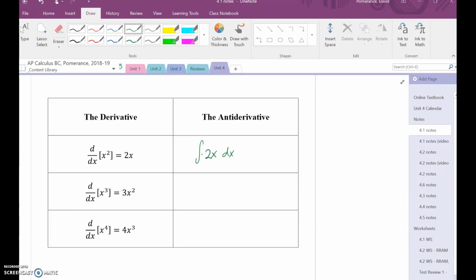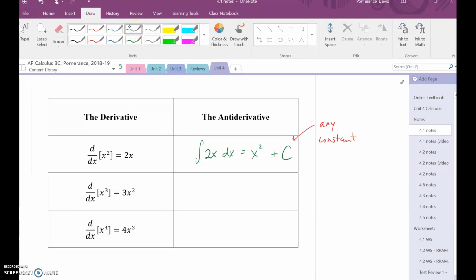And we know, based on this equation over here, that the answer must be x squared, because the derivative of x squared is 2x. But wait, it could be x squared plus 2, or x squared minus 3, or any other vertical shift. So for these answers, for these antiderivatives, we always include a plus, a capital C. That C stands for any constant. Again, that constant, that vertical shift, is not going to affect the derivative,